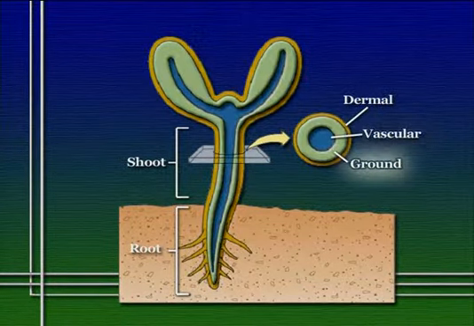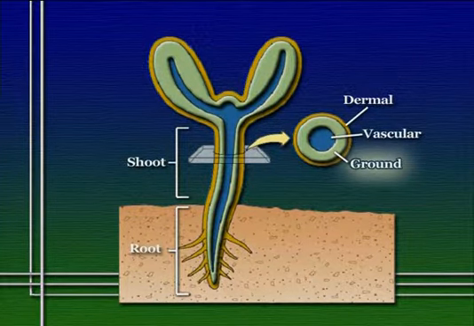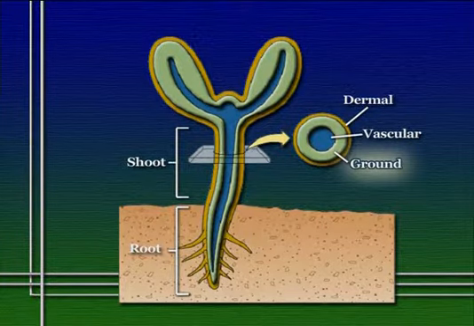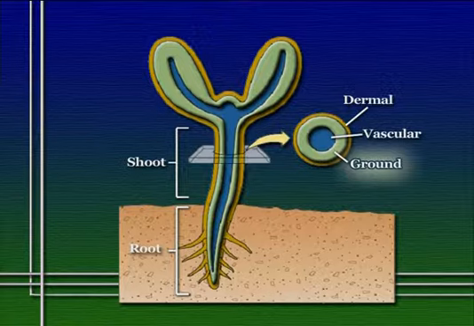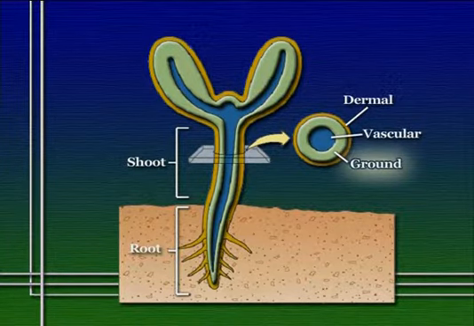Now, ground tissue makes up the rest of the plant. Ground tissue is a much more diverse kind of tissue functionally. You can think of ground tissue as essentially being a tube of tissue running along the length of the plant. If you picture a plant body as an elongated tube going from the root up to the shoot with branching tubes off as those roots and shoots branch off, you can imagine if you cut through the center of this tube, what you would see is on the outside, the epidermal tissue. On the inside, in a more complex structure, you would see vascular tissue, and in between those two, you would see ground tissue.